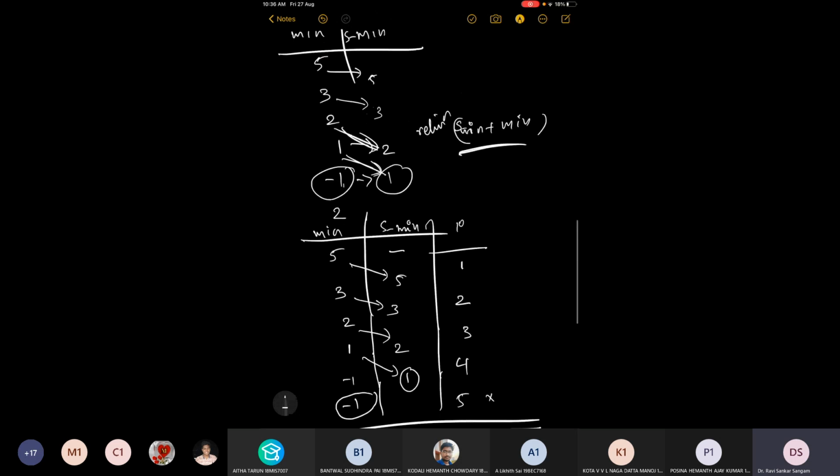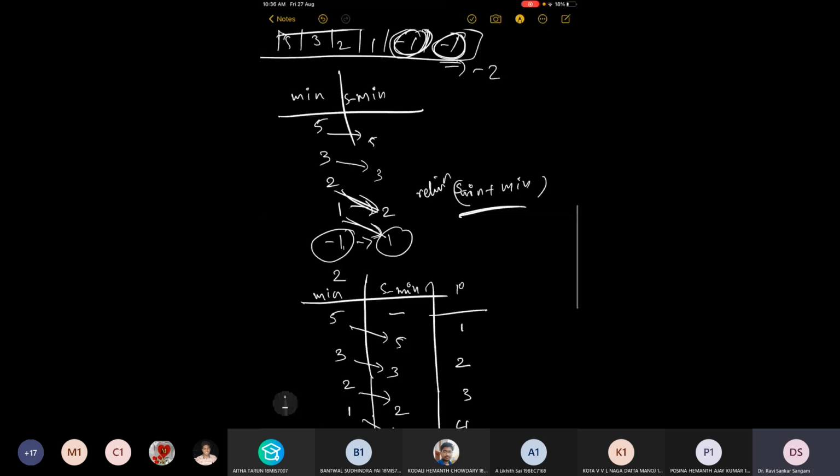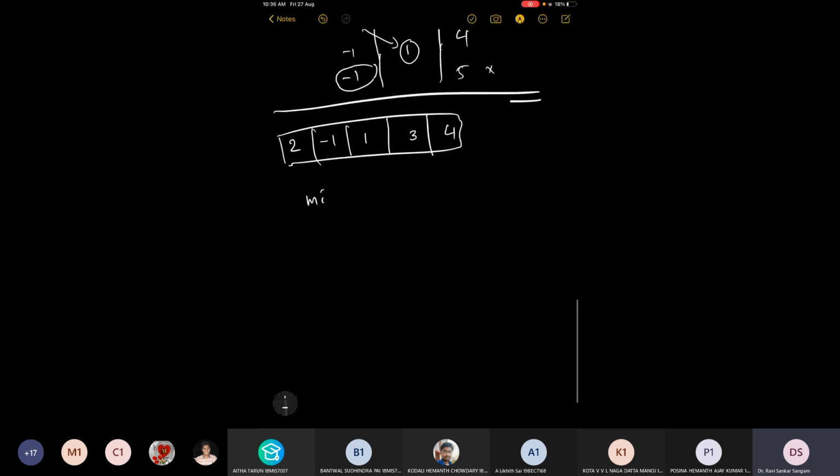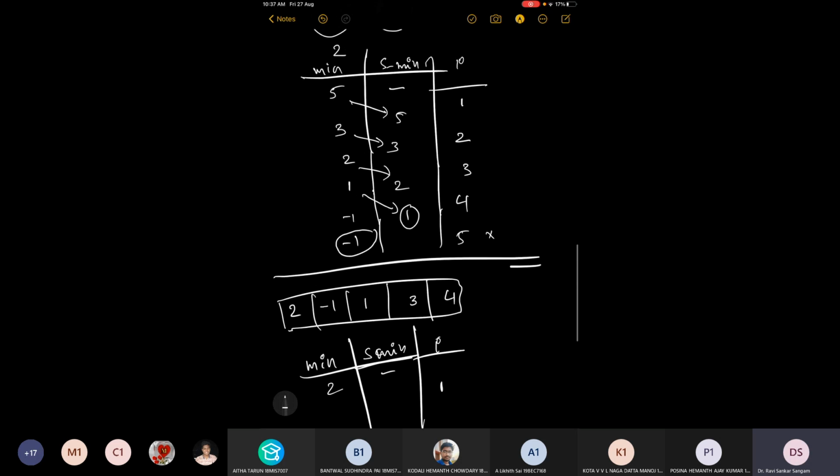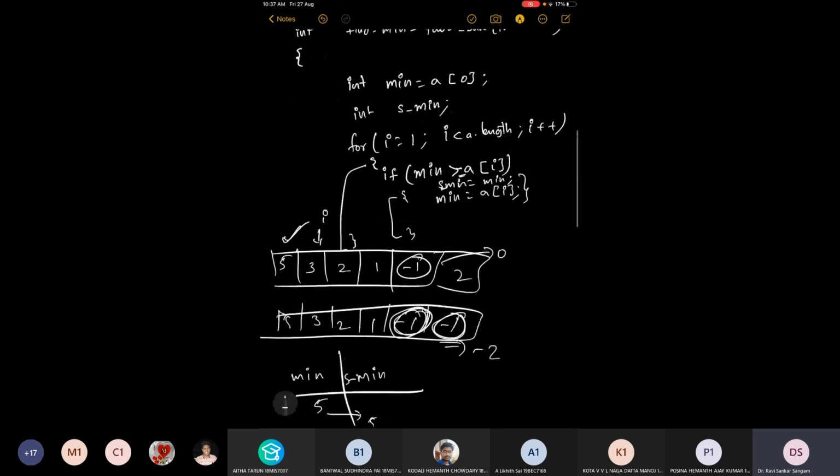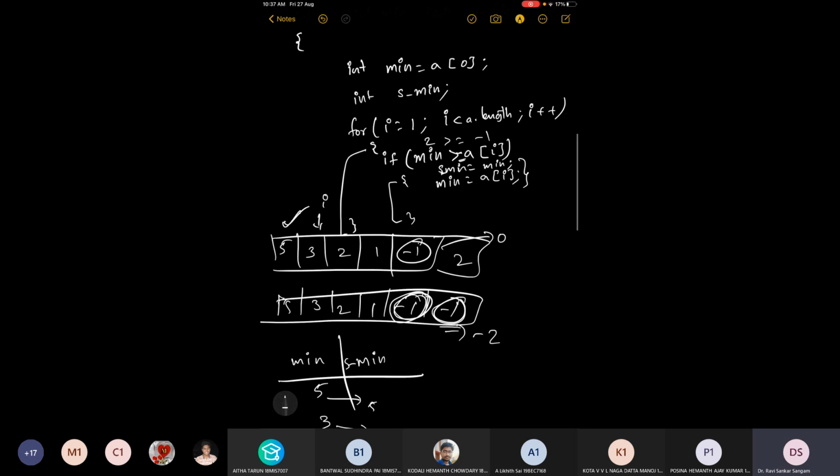Okay, what are you considering as the minimum element initially? Tell me. As 2, per the code. Second minimum is undefined, right? And I is initially 1. Now what you are checking is whether minimum 2 is greater than or equal to minus 1. Is that condition true or not?